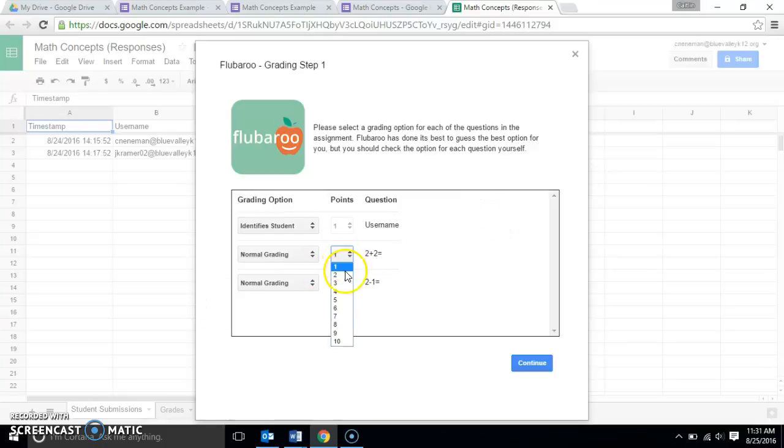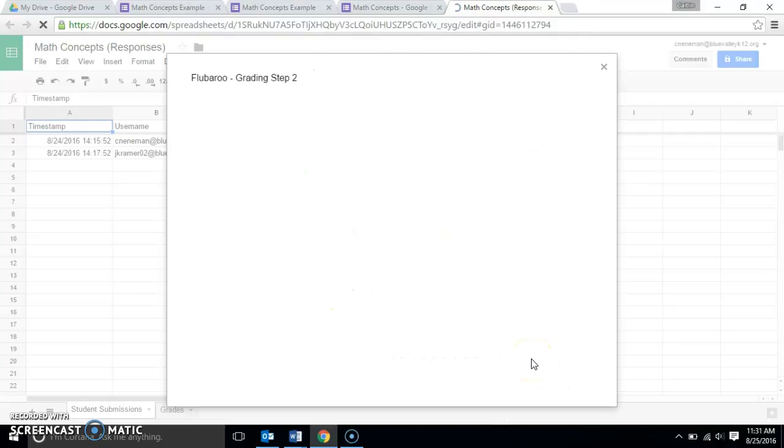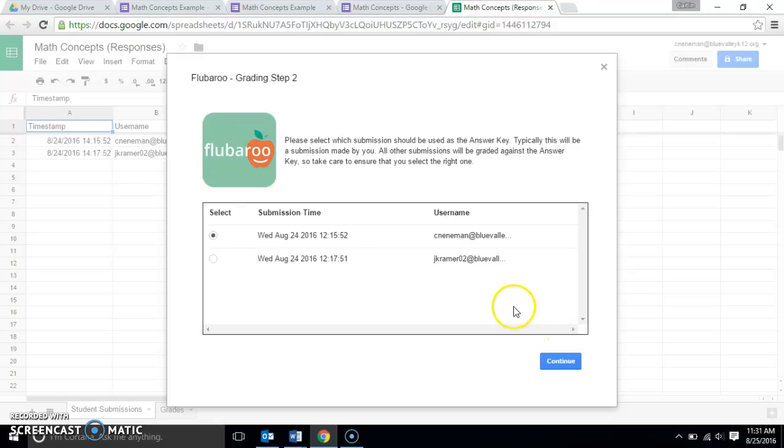And you can choose different points all the way up to 10. So this is really great if you wanted multiple choice questions to be weighted in different ways. So I want 1 and 1, so I'm going to hit continue. And so what I'm going to do now is I'm going to choose